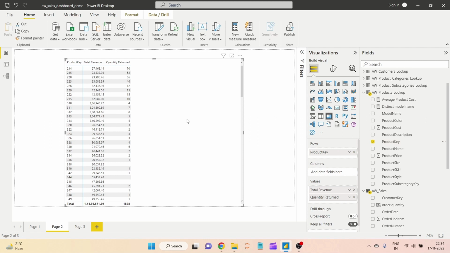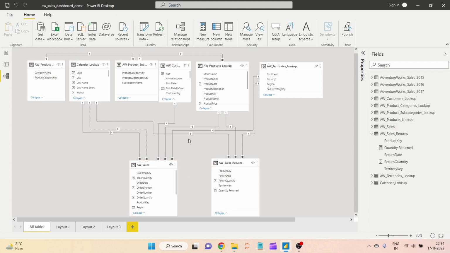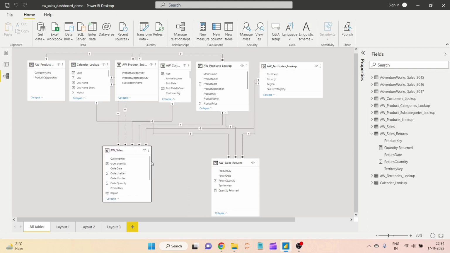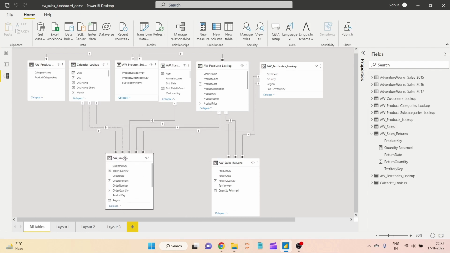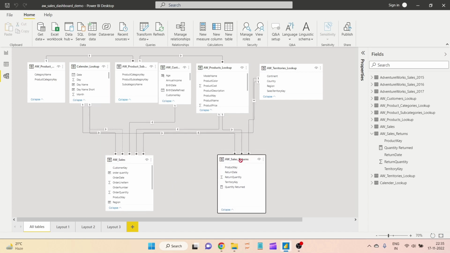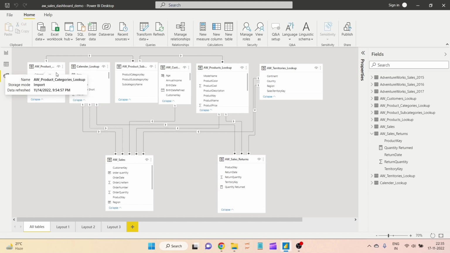Now see, this is working. So you have to remember from where you are actually taking the columns, so you have to understand the relationship for that. So quickly let's come again. Here, why it didn't work is because in the AW sales data and AW sales return, there is no direct relationship, and every filter is going towards down. So that's why it is